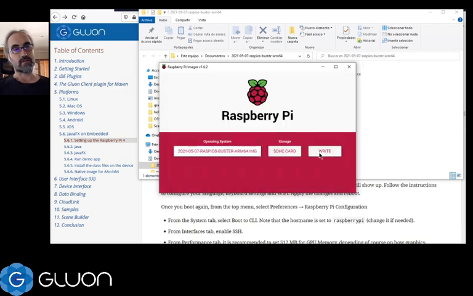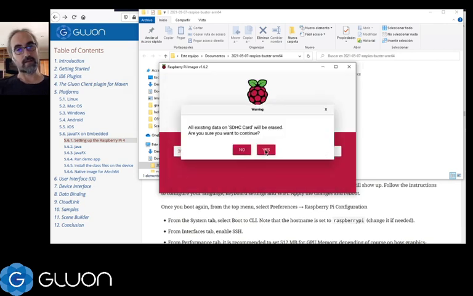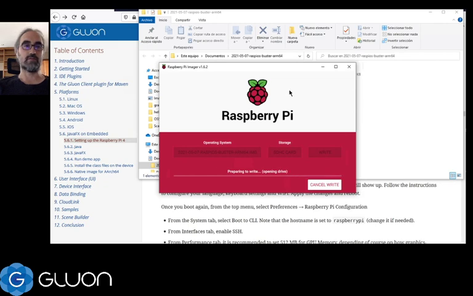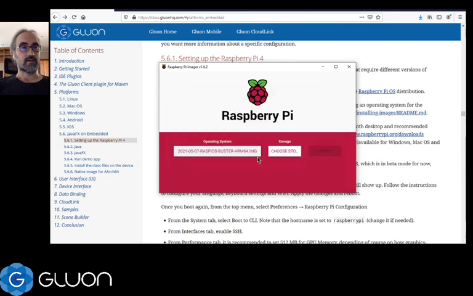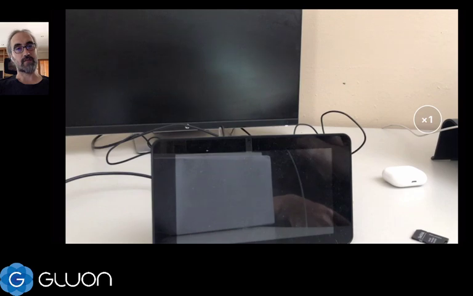Make sure you plug your SD card with a USB device, for instance, to your laptop and burn the image. It takes a few minutes. After the image is created, the installer will verify that everything is correct. Once you're done, you can just eject the SD card from your laptop and plug it into your